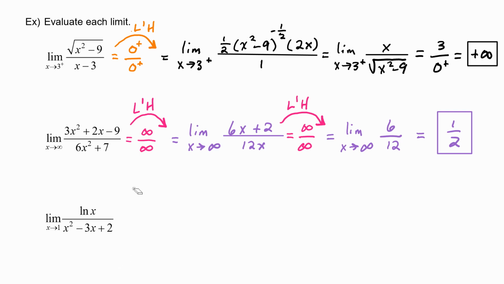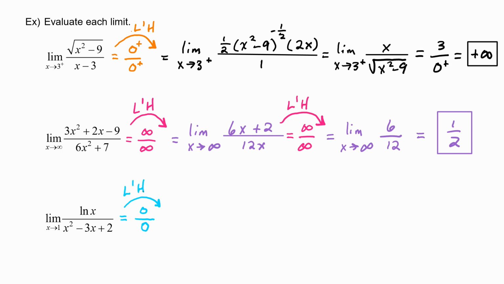Here we have the limit as x approaches 1 of natural log of x over the quantity x squared minus 3x plus 2. We always try plugging in first, and this would equal the natural log of 1, which is 0, in the numerator, and in the denominator we would have 1 squared, which is 1, minus 3, which would be negative 2, plus 2, which is 0. So because we have the situation of 0 over 0, we are allowed to apply L'Hopital's